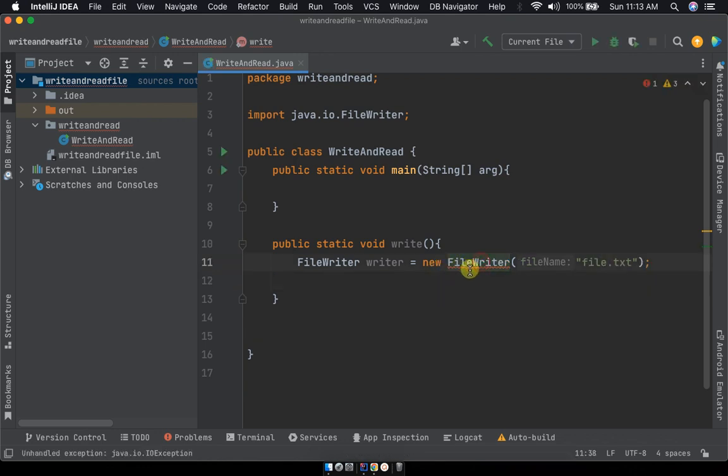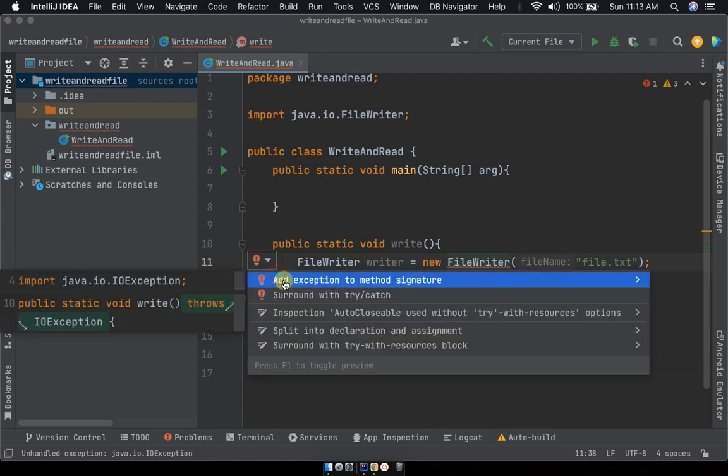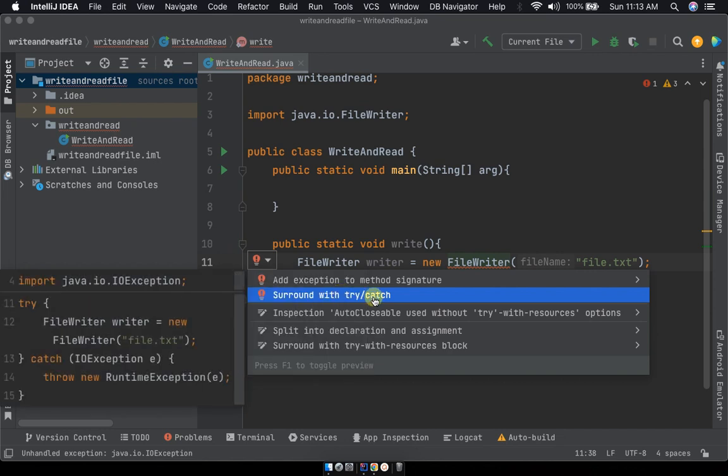So we want to know where this error is coming from. You click on it and say add exception to this method signature. It surrounds the code with try and catch. Whenever we're calling the FileWriter method from java.io, we normally surround it with a try and catch,